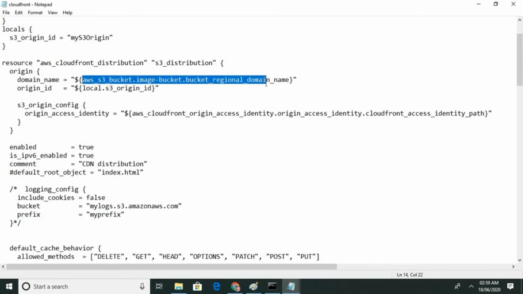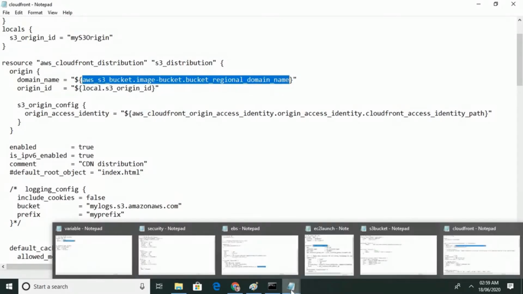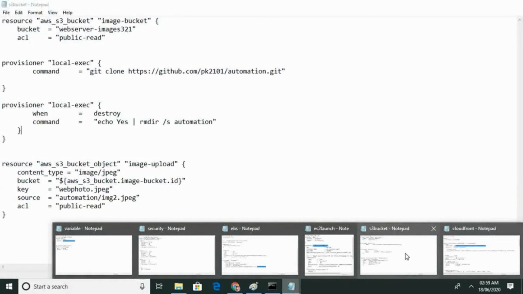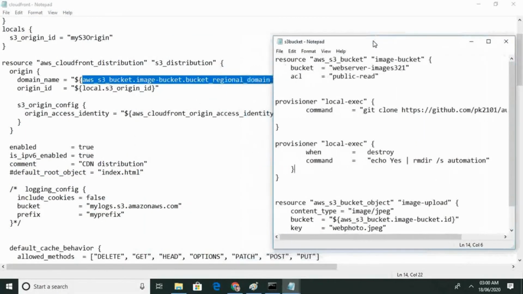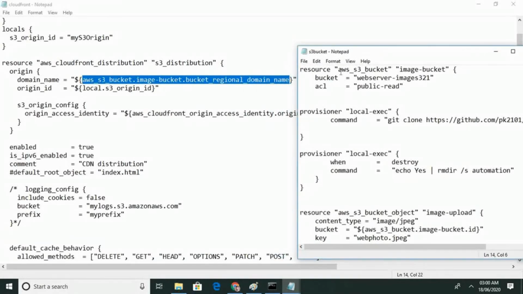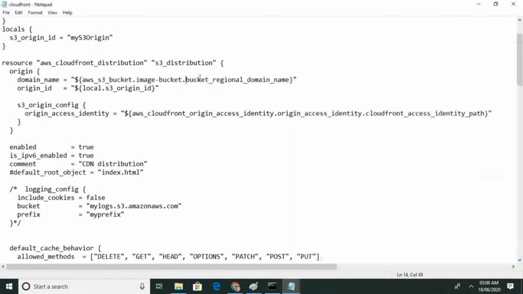From here we want to fetch the data, the same name that we have created in the bucket. You can see here aws_s3_bucket.image_bucket. This is calling that bucket.